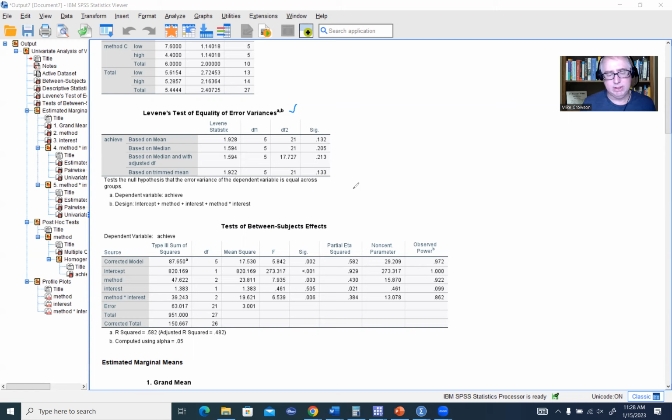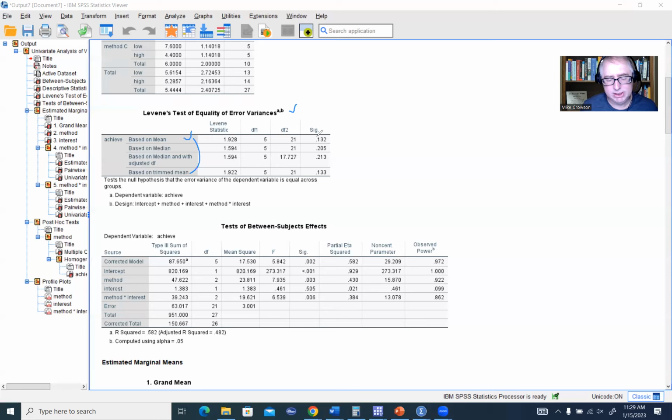So in the context of our factorial ANOVA, you're still testing for equal variances, but in our case, we have 6 cells in our data set. And so you're essentially testing for equality of error variances across those cells. So that's kind of the way to think about it. You'll notice that we have basically 4 types of Levene's tests that are printed out. In older versions of SPSS, there was just the first test, which is this one right up here. The other tests are more robust tests that, if you have concerns about your Levene's test being affected by non-normality on your dependent variable, then you might look at some of those other options. But we're going to just stick with the default, the historical version of Levene's